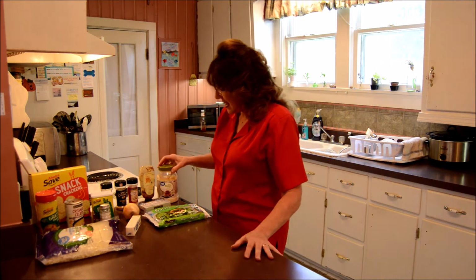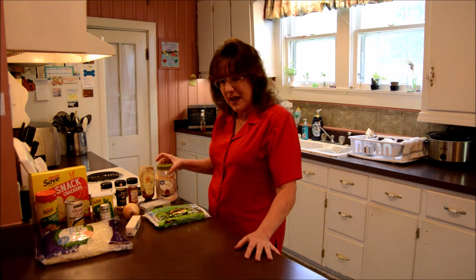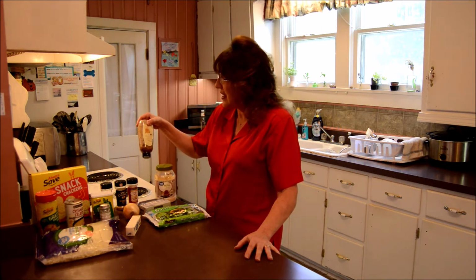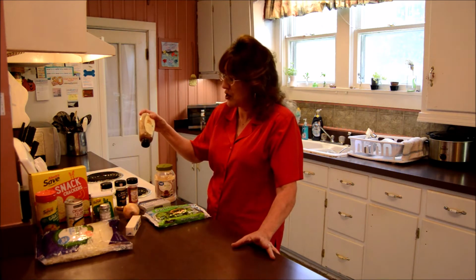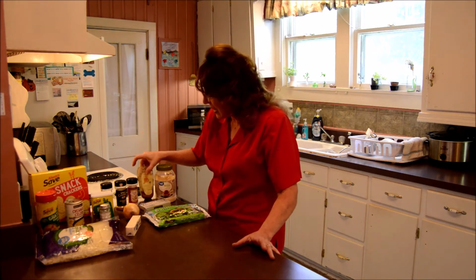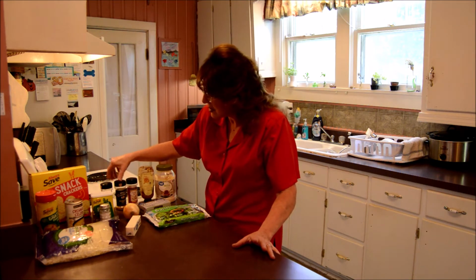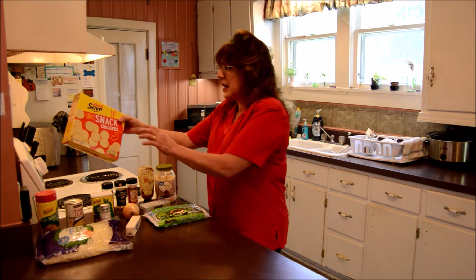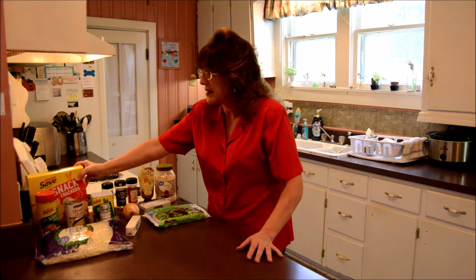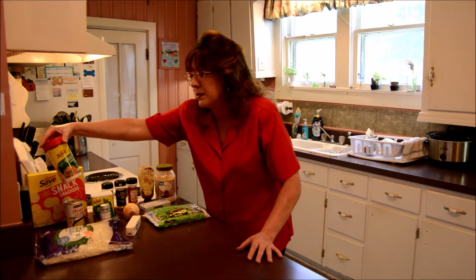So today, the ingredients that I need are my mayonnaise and a honey Dijon mustard. You can use any kind of spicy mustard. This is just the kind that I have. And then I have some garlic salt, seasoned salt, and some parsley. I have some butter crackers. We will be using about a sleeve, maybe less. And then we have some grated Parmesan cheese,